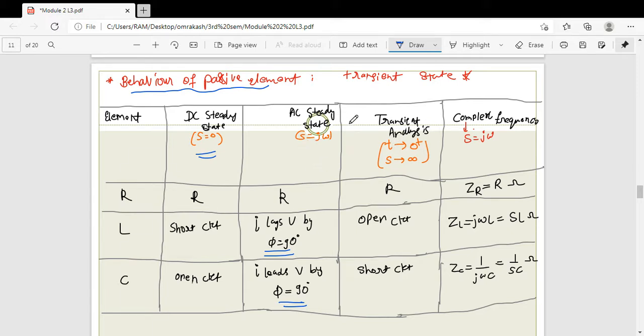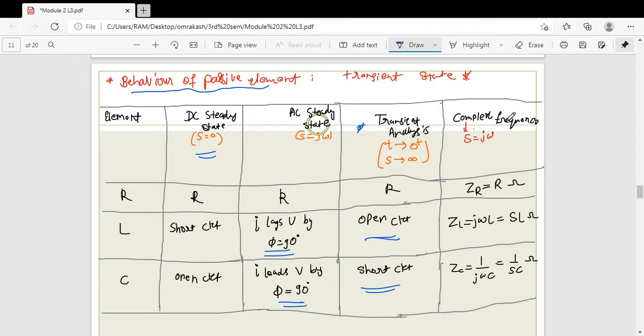Now, in this transient condition, you have to use some initial conditions, which we already saw in the previous slide. So you have to take that initial condition, plus what actual element acts in the circuit. So at the transient condition, t equals 0 plus, or you can say t tends to infinity, s tends to infinity, L acts as an open circuit and C acts as a short circuit. And you also have to consider the initial condition while using these, just like in the Laplace transform.